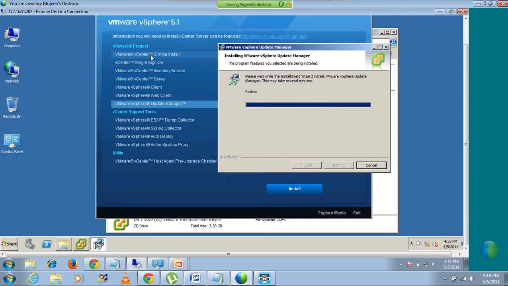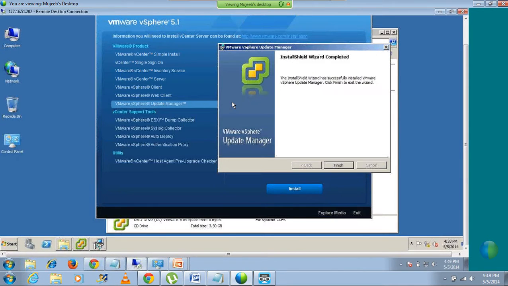This vCenter Server installer contains all these components. If you install VMware vSphere vCenter Server, almost 70% of the components would be there, and the remaining components, for example VDP, you need to download separately. VDP is a virtual appliance,